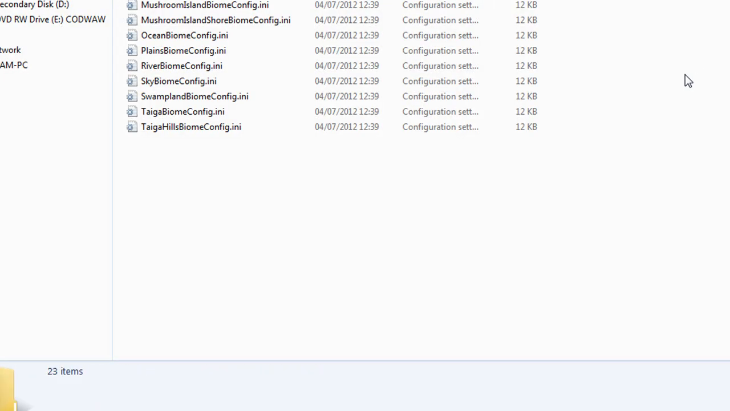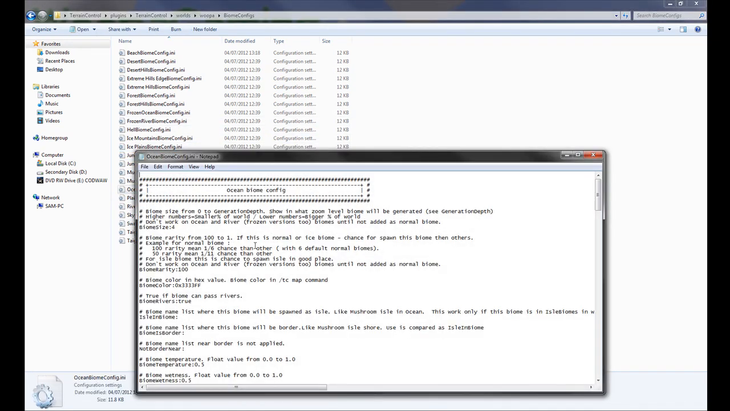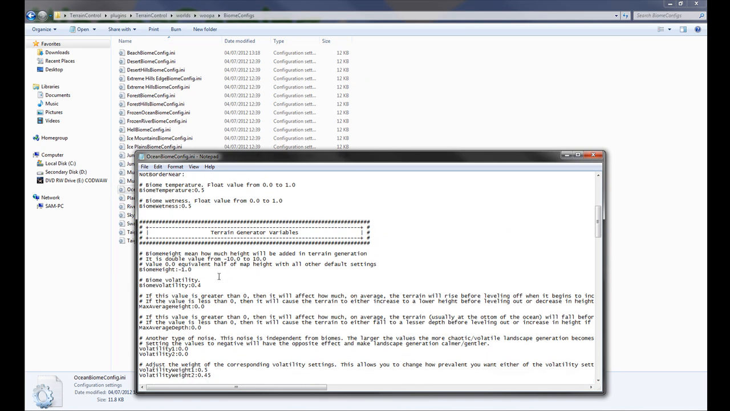The main things with these biomes will be the volatility. If you want very strong mountains and stuff, then I would increase these values. If you want lower, what I've done in the oceans one, I find that if we set the biome height to -1, so we have very low oceans, and I actually increase this value, I think to 3 in our world,